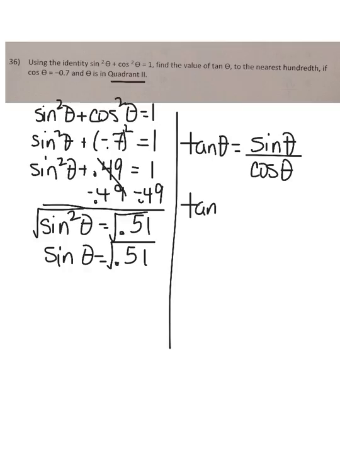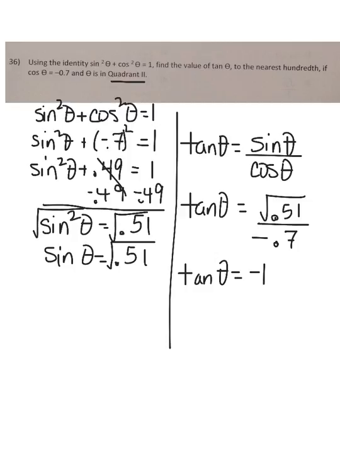Alrighty, so I know my sine value is radical 51 over something, and my cosine value is negative 0.7. Doesn't that look gorgeous? Okay, so then you can put that into your calculator. Tan theta equals, and you should get negative